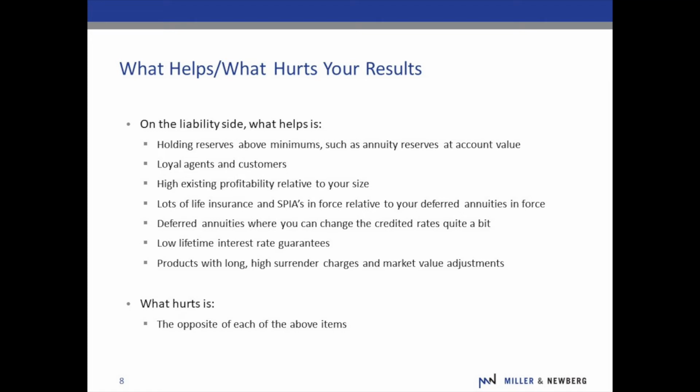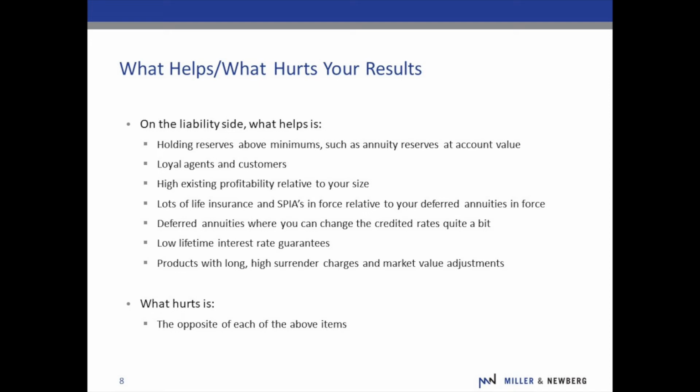Similarly with life insurance, if interest rates go up, it doesn't really make your customers necessarily more inclined to say, let me replace my existing life insurance contract with something else, which requires going out and getting new underwriting, a whole hassle around that. And the chances are they aren't thinking about rate of return very much when it comes to life insurance anyway. So lots of life insurance, lots of SPIAs help you pass asset analysis, and lots of deferred annuities tend to hurt more, because those are folks who are much more focused on what's my interest rate, what alternatives are available to me, should I make a change?